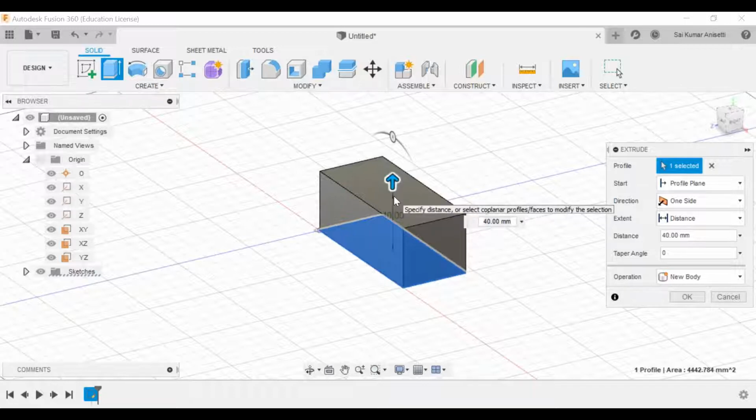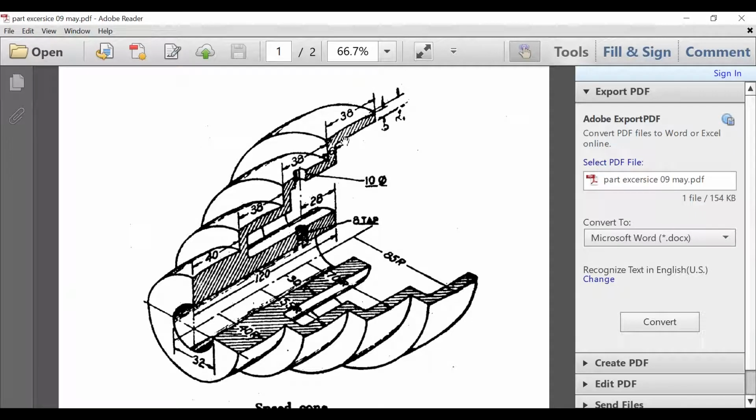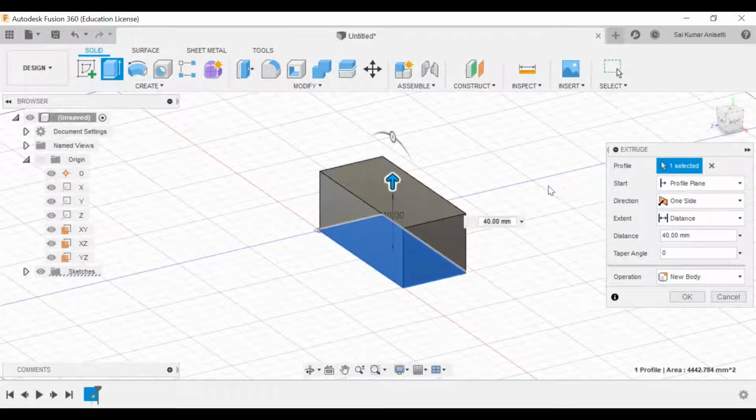A single part can be obtained. For example, in this PDF, the first thing you'll do is draw the profile and revolve it. That becomes one body, and you will be adding a hole, so you have to draw a solid and remove it. That becomes the second object, that means body number 2. And you have to make a hole, that becomes body number 3. So there are two or three types of bodies. You can add, subtract, and do operations. Finally, you will get a single component.